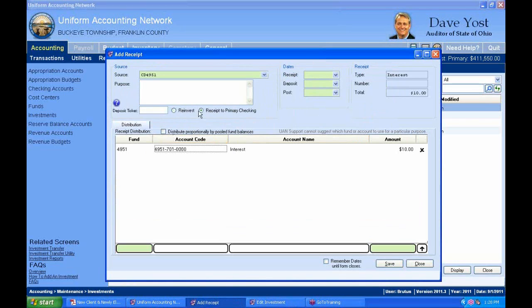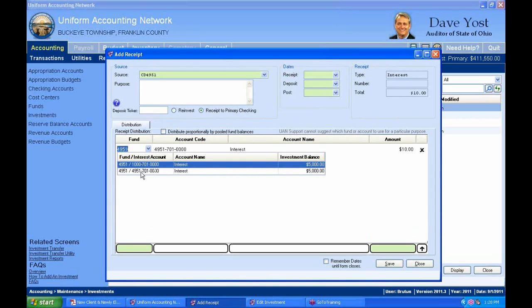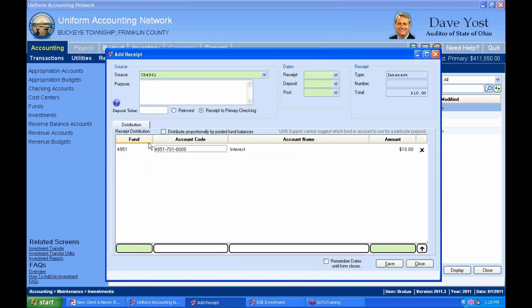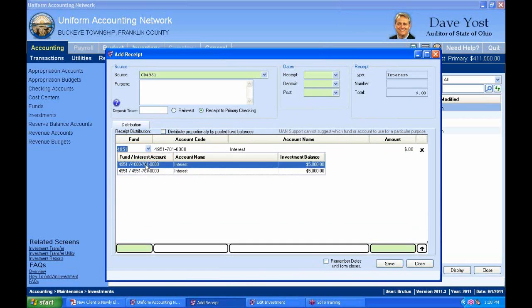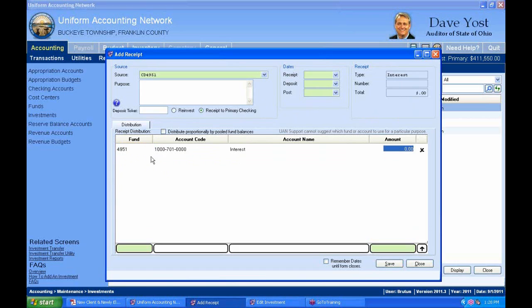Because it's by default receipting to the primary checking account, I can change that so that it will post, well, maybe not on this one. Yes, it can. I can change that so that the interest will post back to the general fund. I have that choice because it's a conditional interest type fund type, and because I'm